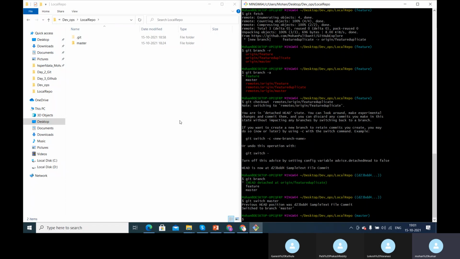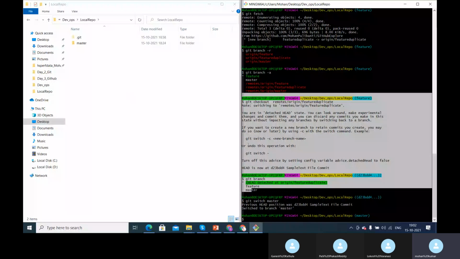Now there is something very important to understand here. Now we understood what a remote tracking branch is, right? Checking out to this particular remote tracking branch is giving us the files that we needed.